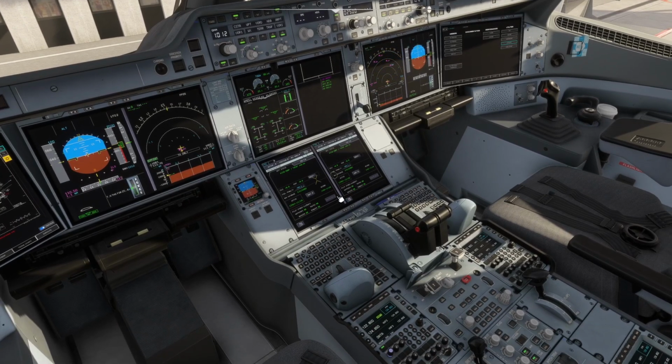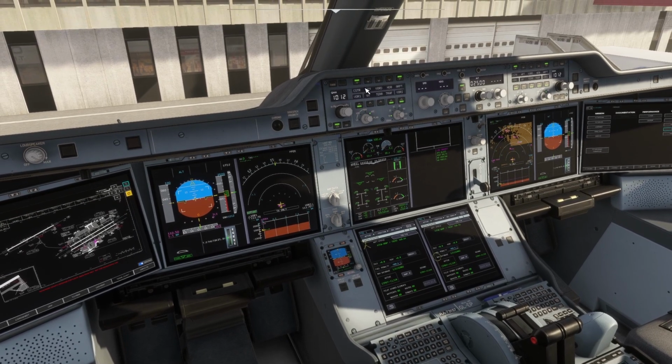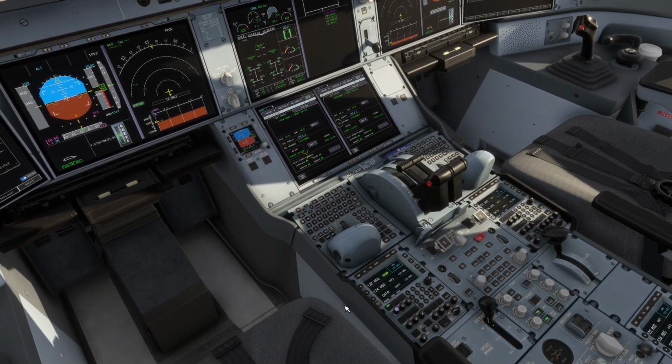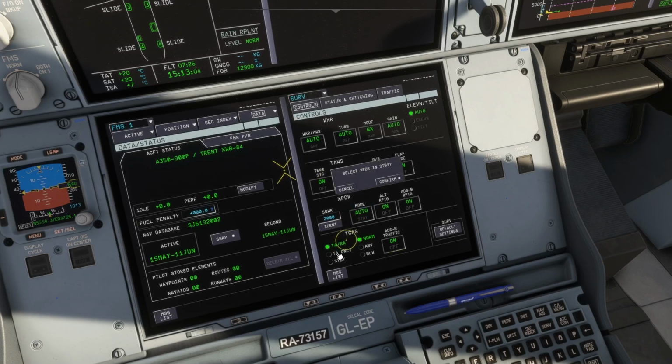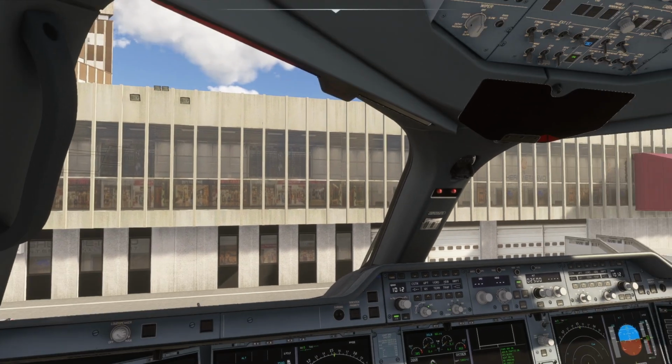So engine number 1. Turn off the radars here. And engine number 2. Turn this off. Beautiful. Okay.